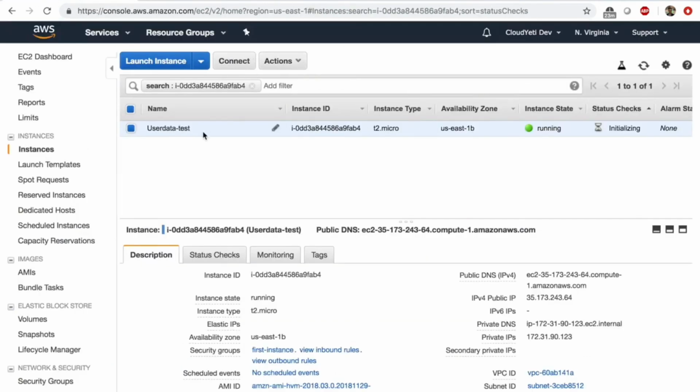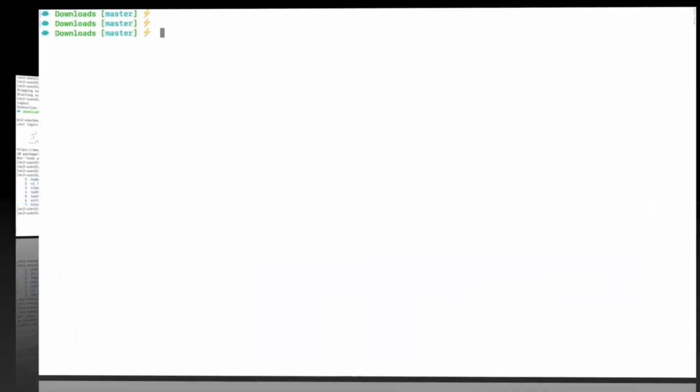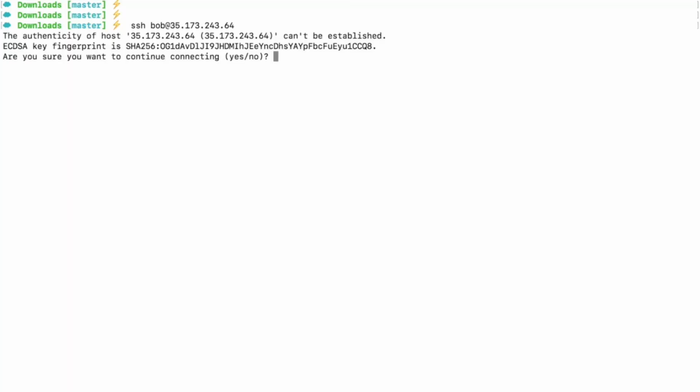Looks like the instance is ready to be logged into. So I'm going to copy the public IP this time, right? All I need is the public IP. Copy the public IP, go to my terminal. I'm going to go to my downloads folder. I'm going to SSH with Bob as the user at this IP and hit enter. All I need is this, say yes,